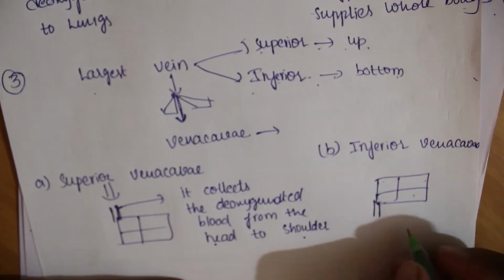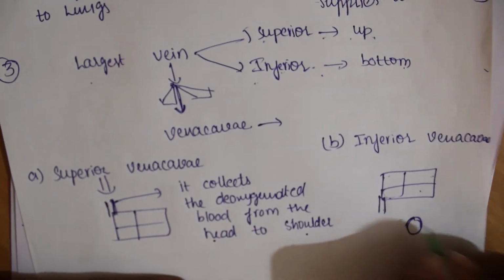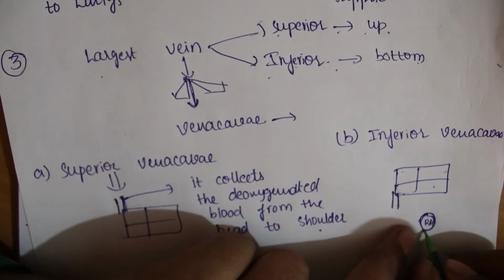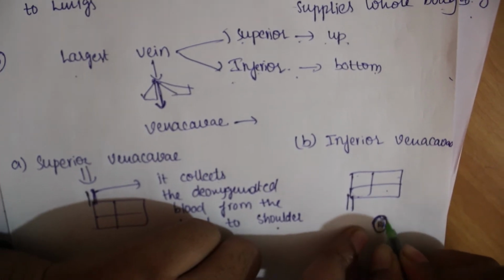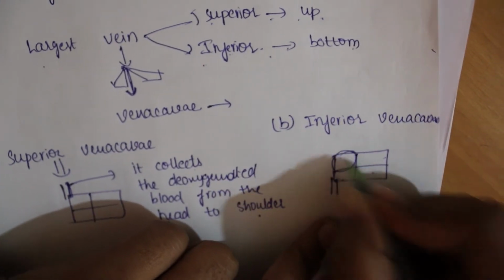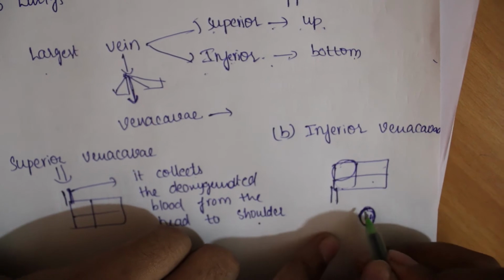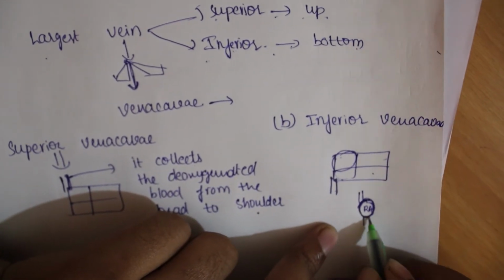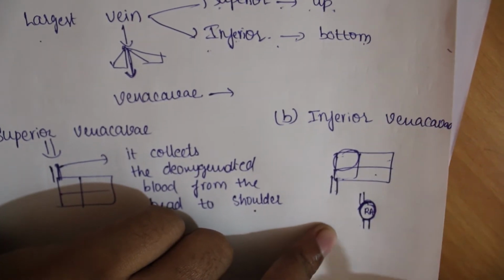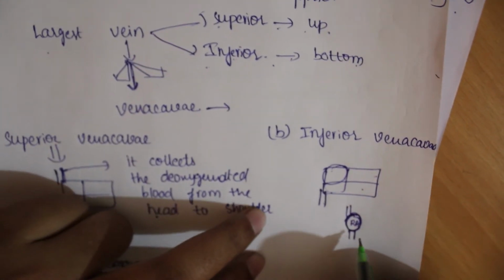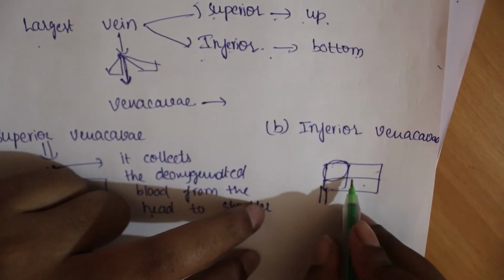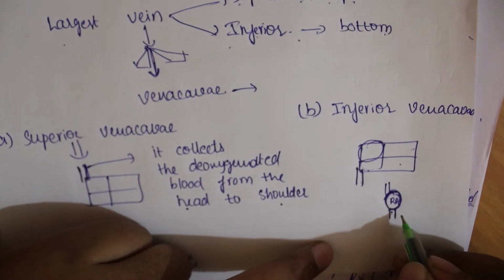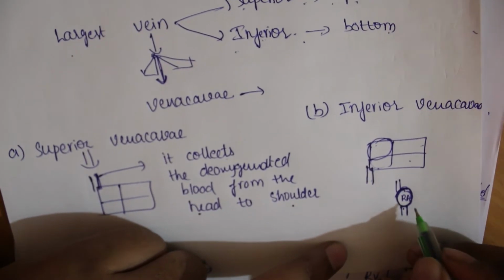The inferior vena cava is also present on the right auricle of the heart. Now I am explaining only one part, that is the right auricle. Here I am showing that from the upper side there is a superior vena cava, and at the bottom of the right auricle there is an inferior vena cava. This is the actual structure. Now I am roughly drawing this. It's not clearly visible, so I am drawing only one chamber of the heart.